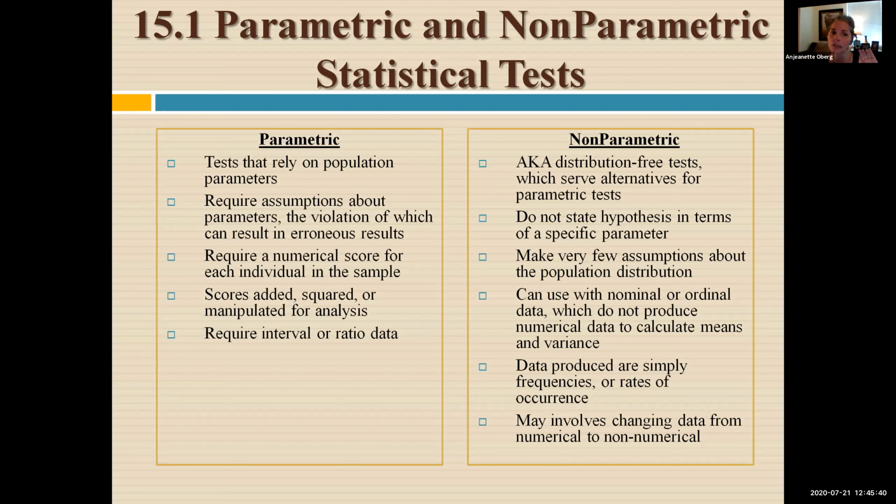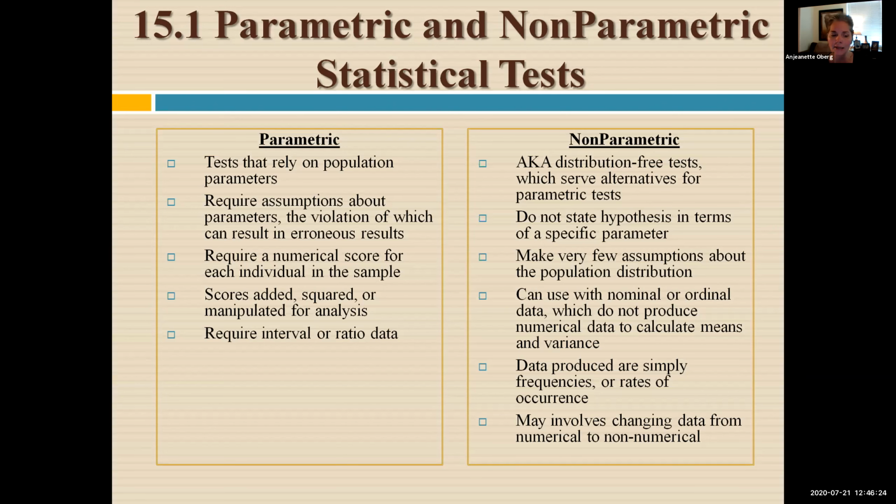But when you violate those assumptions and your data set doesn't align with that, now the credibility of our conclusions is in question. So what we might want to do then is switch to using a non-parametric statistic that does not rely on those assumptions about what the corresponding population looks like. When you do parametric statistics, they require a numerical score, often scale variables. So our independent or grouping variables are often nominal, but then our measured variables that we're statistically manipulating and using for our calculations are typically